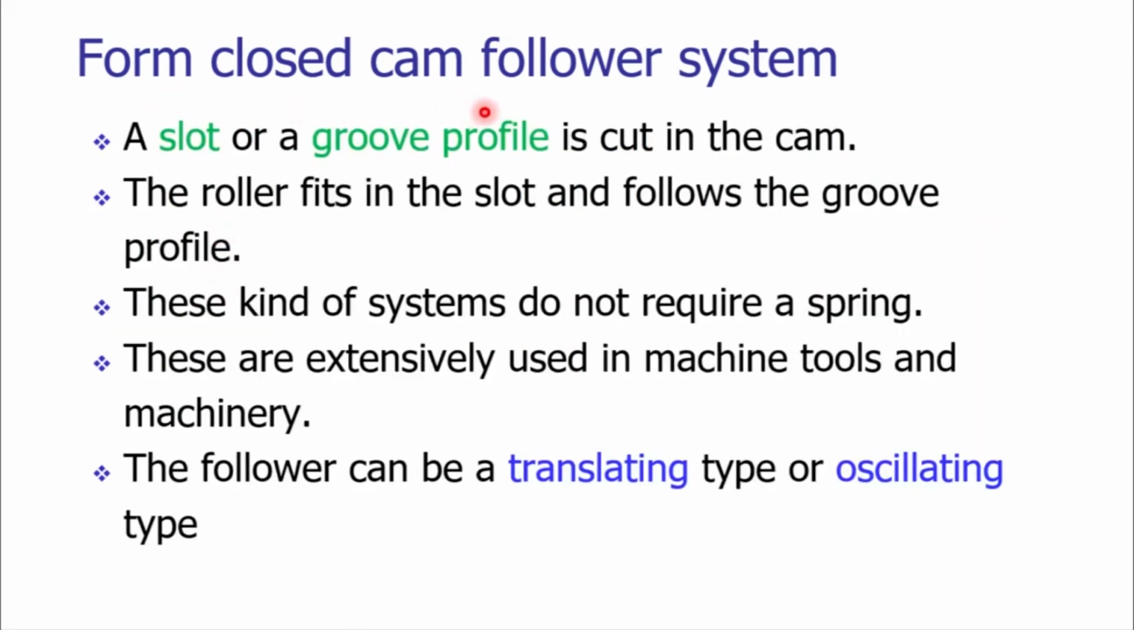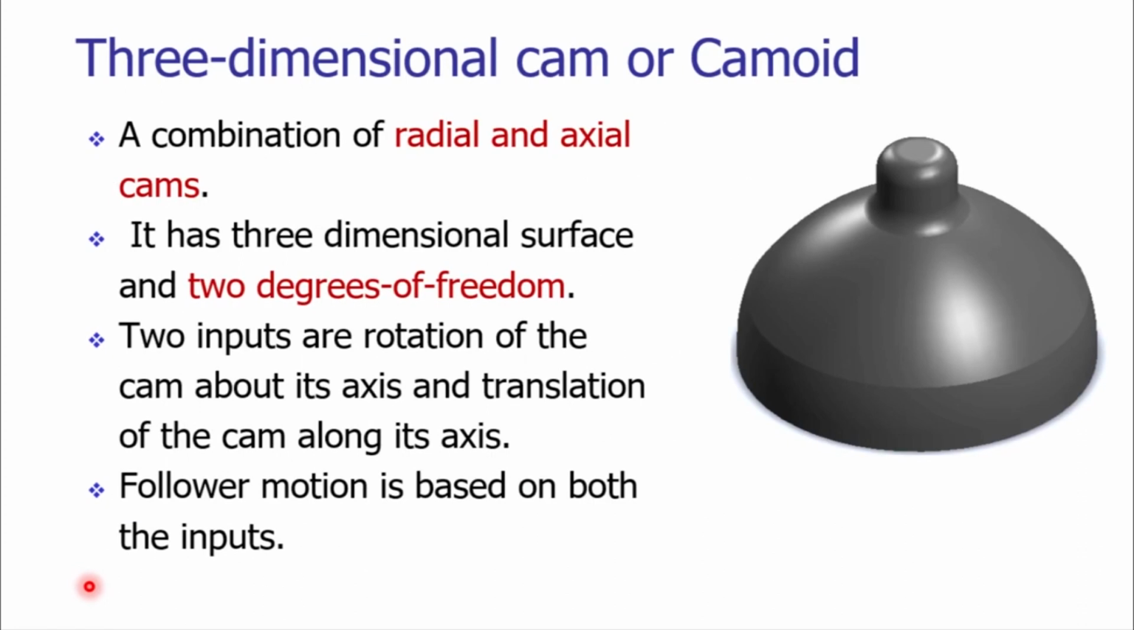So in a form closed cam follower system, a slot or a groove is cut in the cam and the roller is fitting inside the slot and follows the groove profile. As I mentioned, it doesn't require any spring. They are widely used in machine tools and machinery. In addition to these